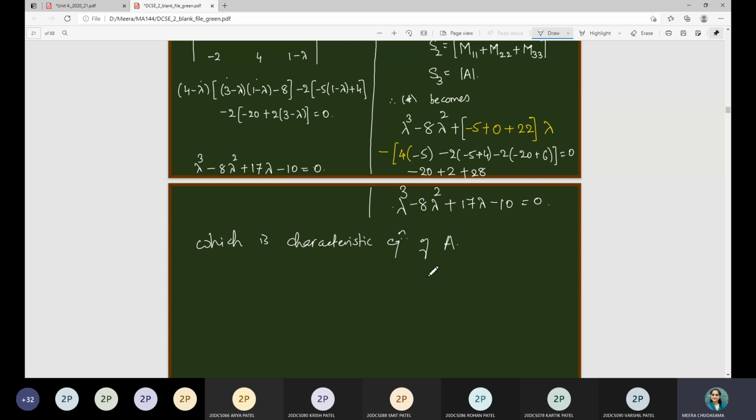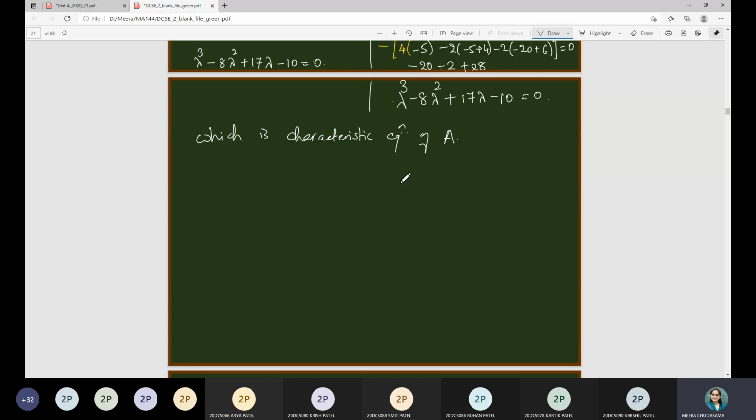To find the other roots, I have to write all these coefficients in this manner: 1, minus 8, plus 17, minus 10. Since 1 is one of the roots, I will write it on this side. Here you can write 0. Add the corresponding columns, so write 1 below the line. Then you cross multiply, so it is 1, written in this row. Then perform the addition, so here it is minus 7.